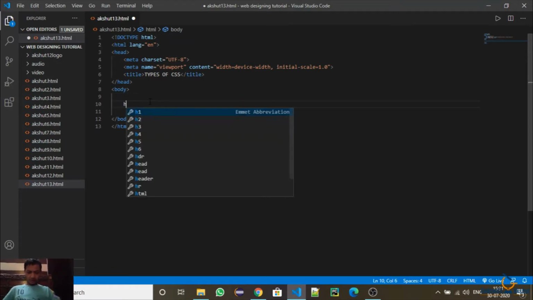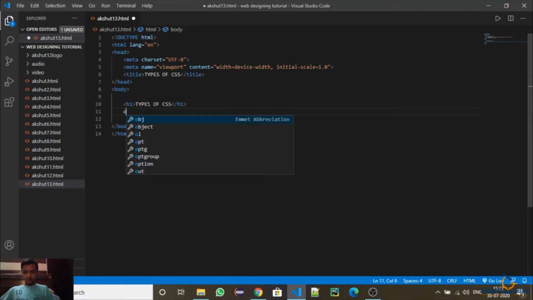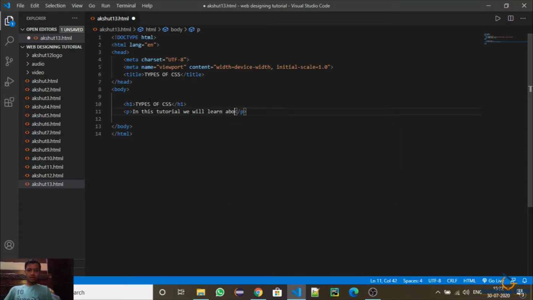First let me put an h1 tag here. In the h1 let me copy or type the title and then let me put the p tag or the paragraph tag. In it I will put: in this tutorial we will learn about the types of CSS.